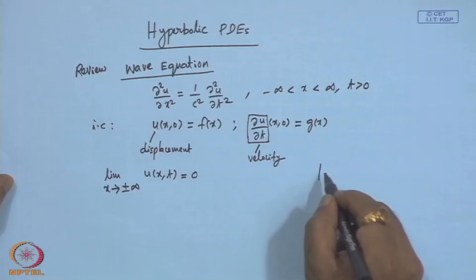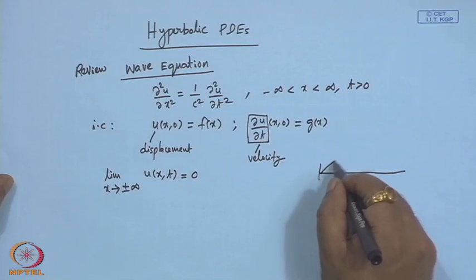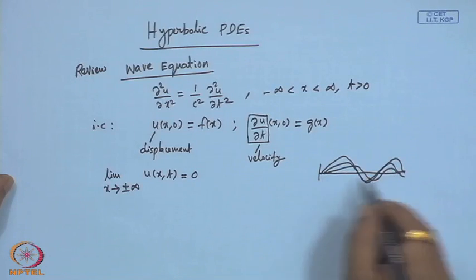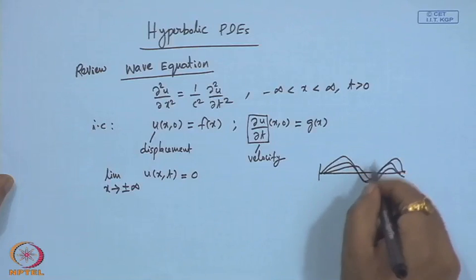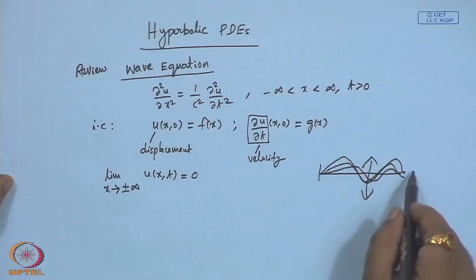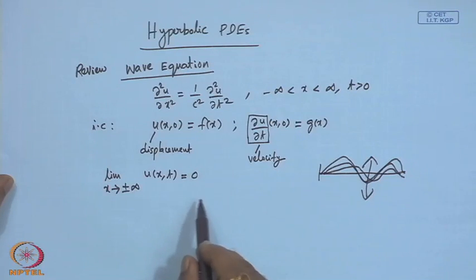For example, if you fix and then pull, you will have vibrations back and forth, and then they will die down slowly at far field. So, this is the complete